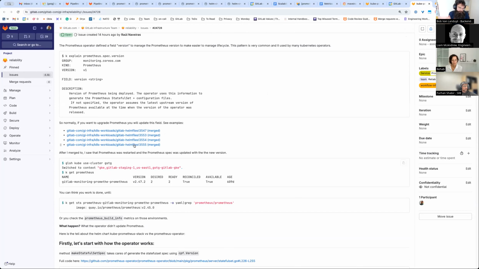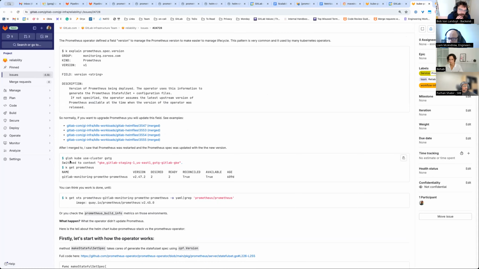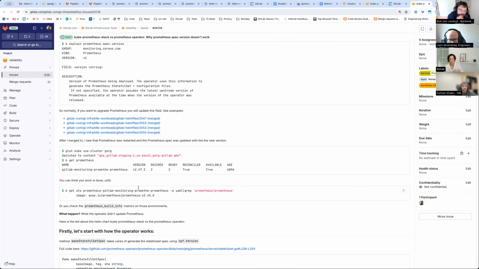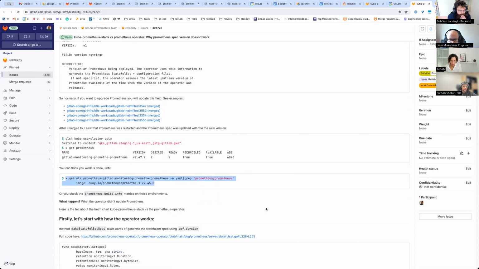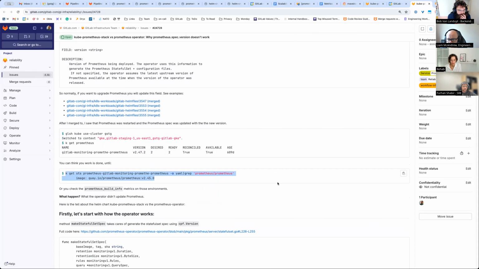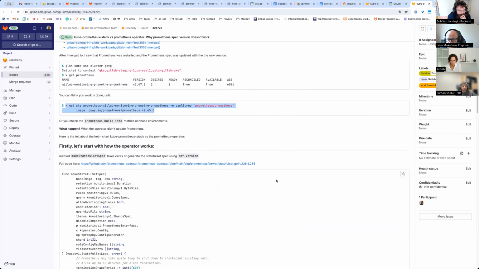But the typical thing: you merge the MR, you wait for it to do its thing, and you find that, oh nice, the version has been updated. But then, surprise, you go in depth and you see what is not being updated. It's still running the previous version, and the Prometheus build info metric reports the old version. And then from there it's a rabbit hole, a fight between how the operator works and